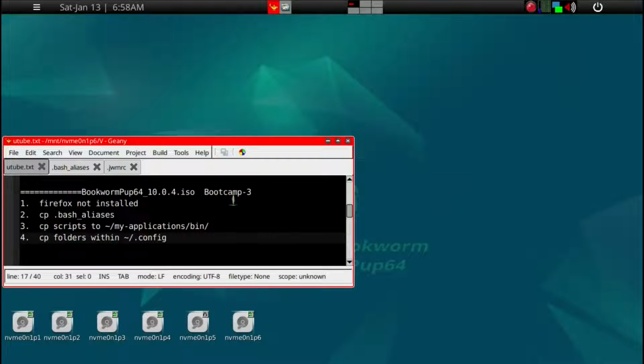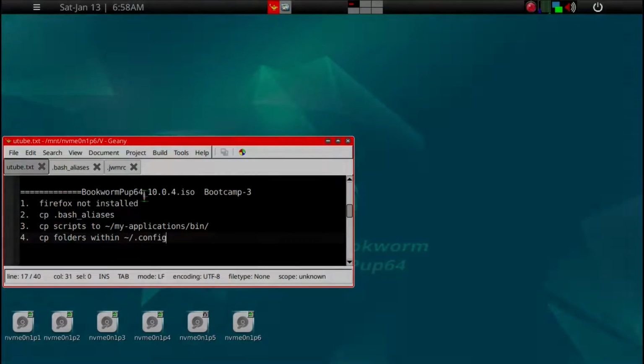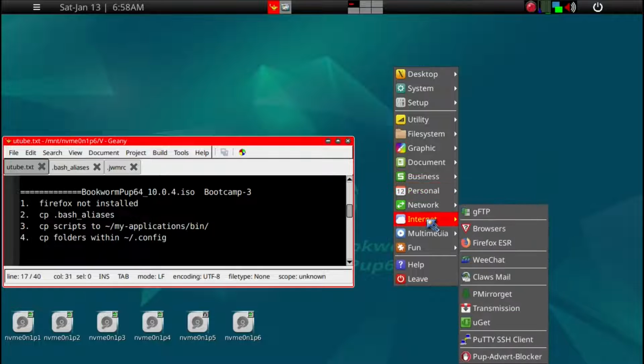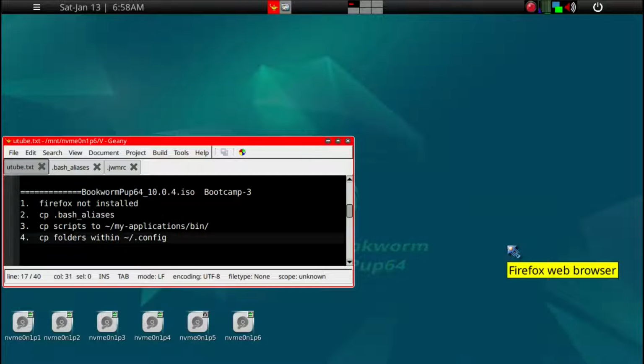On day 3 of a bootcamp series using BookwormPup64. What you will get is this internet, and under the internet section you see a Firefox ESR, and when you click it, there's no activity, there's no response. And similarly, you can use a terminal and there's no response with a